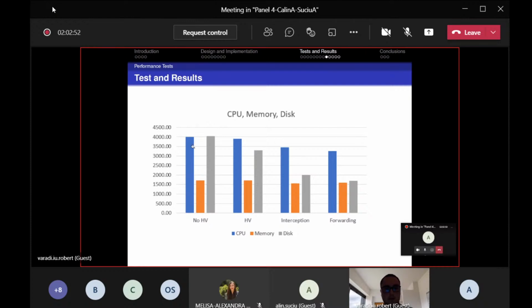As you can see, for the CPU and the disk operations, the performance varies as we start the different processing layers, which means that these operations are influenced by system calls. At the same time, memory operations are very